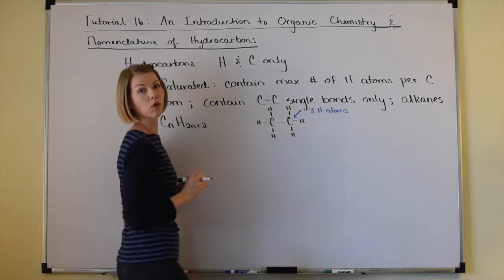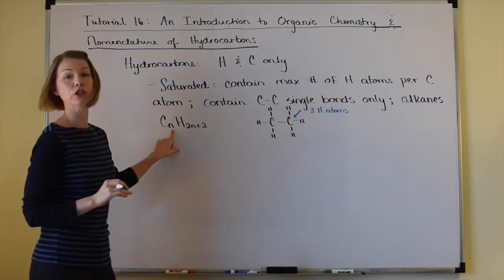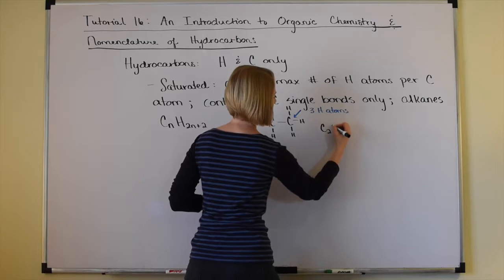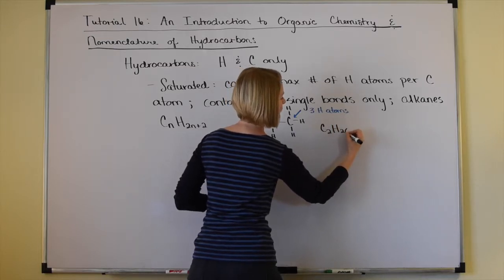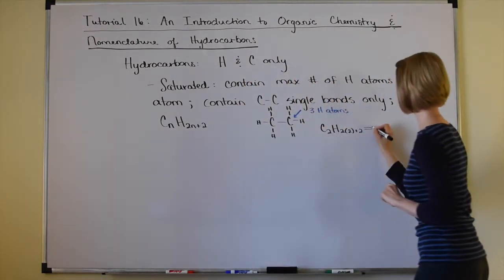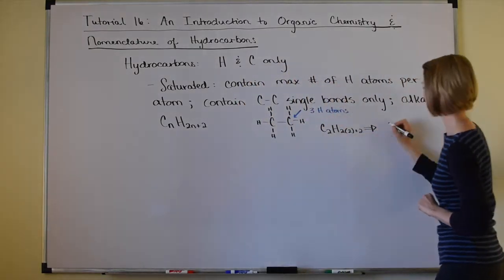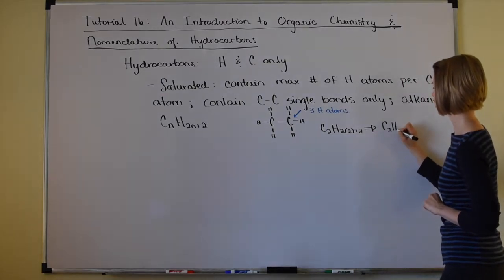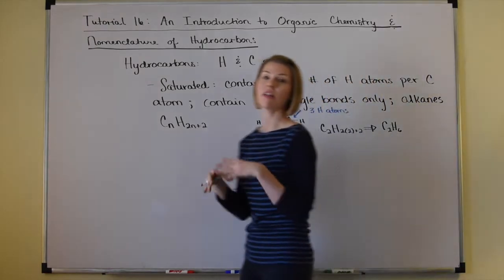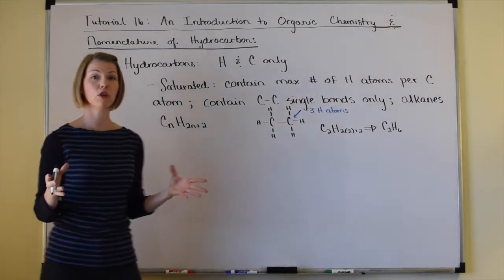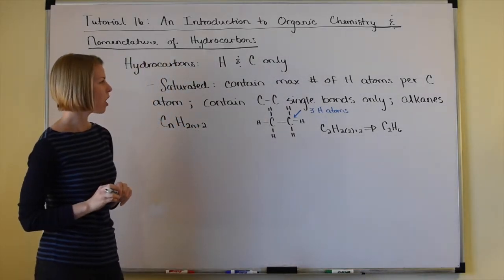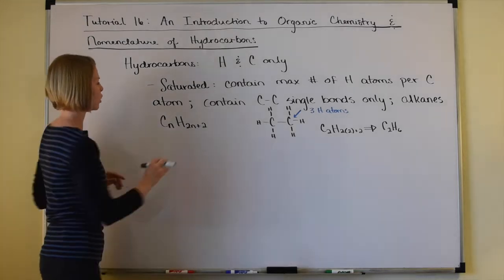And let's take a look at this formula. So in this case, n is equal to 2 for the number of carbons. So we've got C2, and H is going to be 2 times 2 plus another 2. So the molecular formula for this molecule is C2H6, for the 1, 2, 3, 4, 5, 6 hydrogens. And that's the maximum number of hydrogens possible for 2 carbons, a total of 6 hydrogens. Okay, so let's go ahead and take a look at